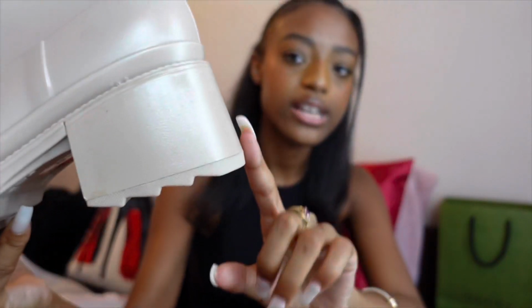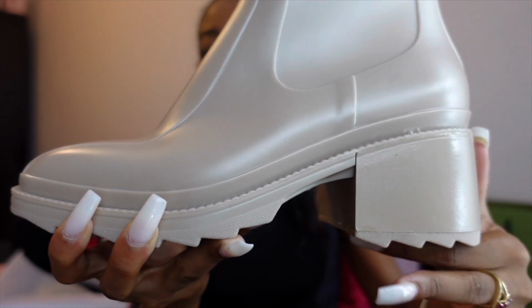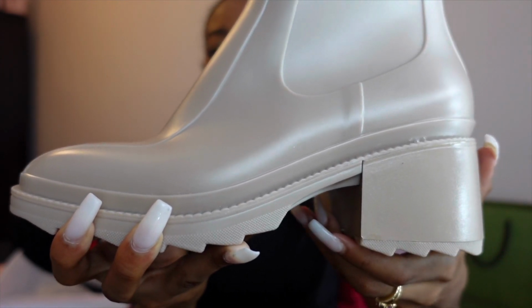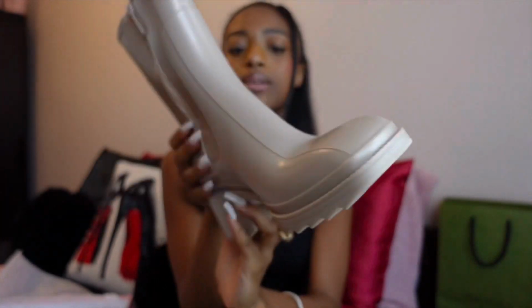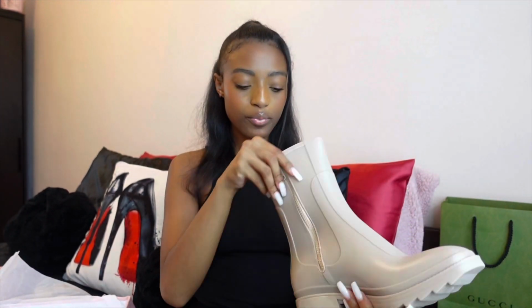And here's the heel. These are meant to be rain boots, so you're meant to wear them on a daily basis, maybe on your commute or whenever the weather's feeling crazy, but they're still super cute, especially for rain boots, and I like the color. I'm a little bit worried if they're going to fit or not, but